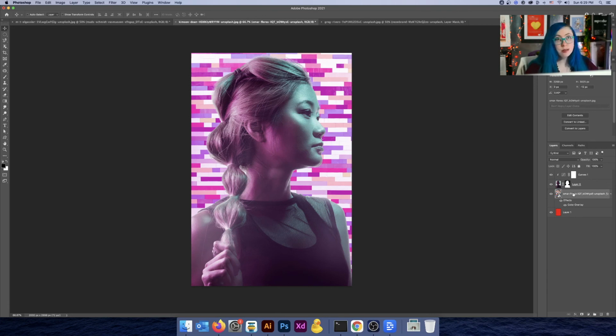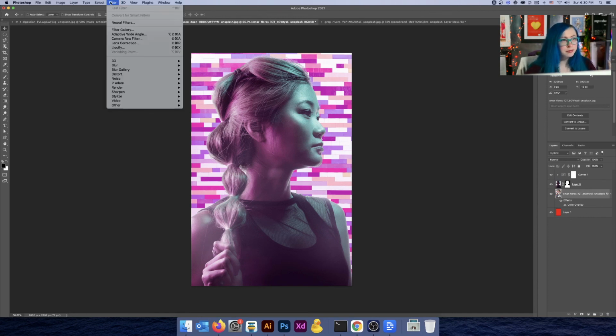You could continue using some different effects to see if you can get each photo to look a little bit closer to each other. For example, this photo has a little bit of grain to it, whereas the photo behind it does not. So because we're on a smart object, which allows us to change the way our filters go, we could try a filter here and just see if it works.